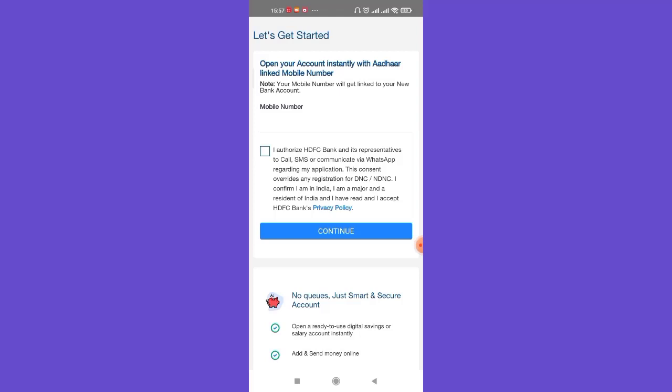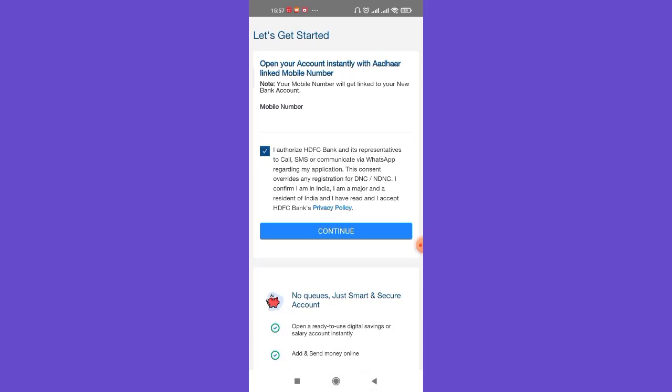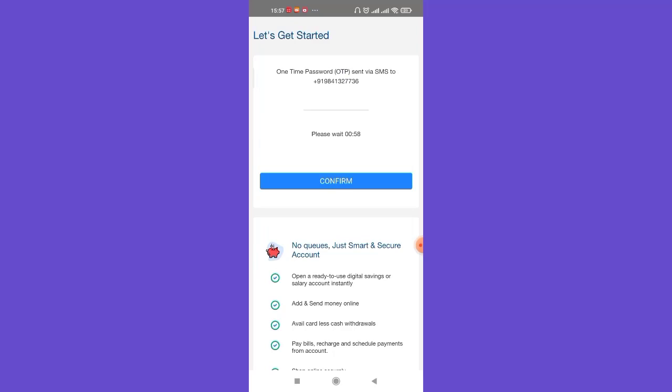Now you'll have to fill in your Aadhaar linked mobile number here. And you'll have to tick on this option and then click on this continue button. Once you click on the continue button, and if you have filled in your credentials or your mobile number correctly,